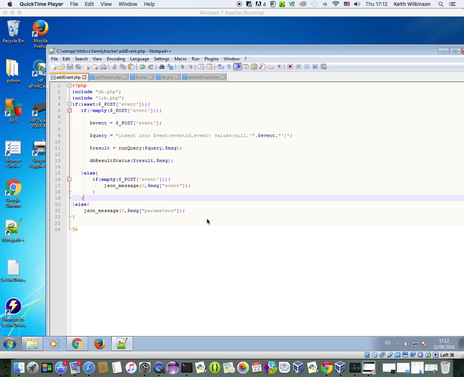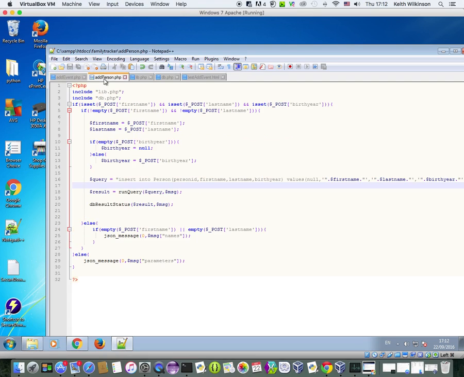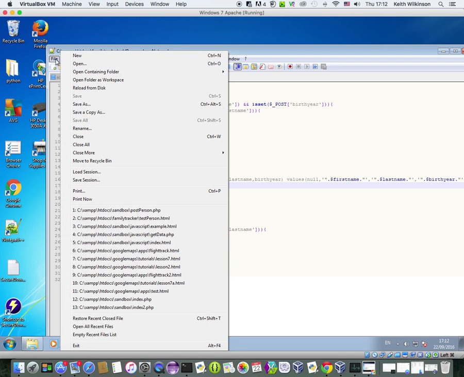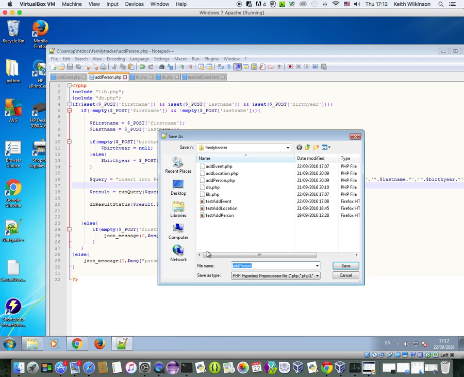Let's tackle the add lived at. What I'm going to do is choose the add person because it's got more fields here, so less editing for me to do. I'm going to use this one as the add lived at. So if I choose file, save as, add lived at,